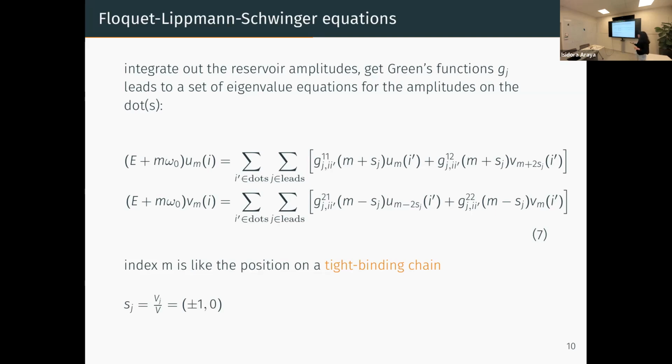So this U and V describe the amplitudes on the dots, and we integrate out the superconducting reservoirs, and so we sum over the energies and momentum, etc. That gives us these Green's functions. And basically what we've done here is that we have traded time for a position on a fictional chain. And now we can